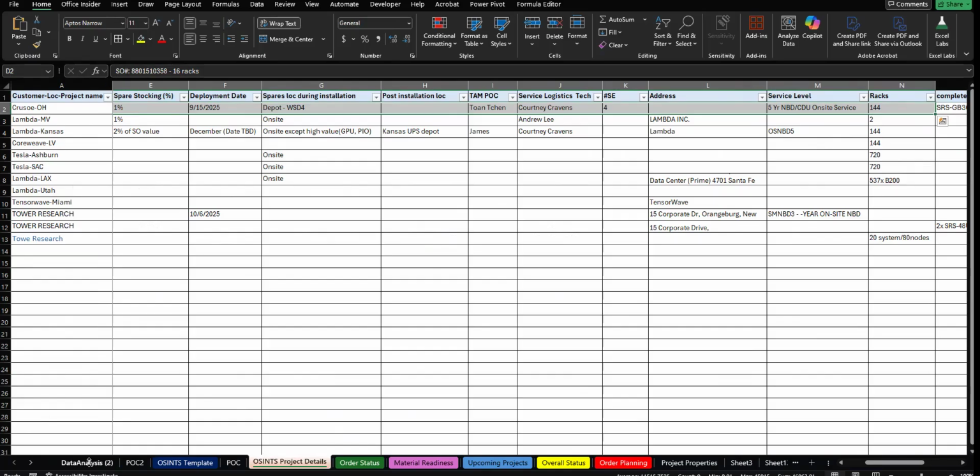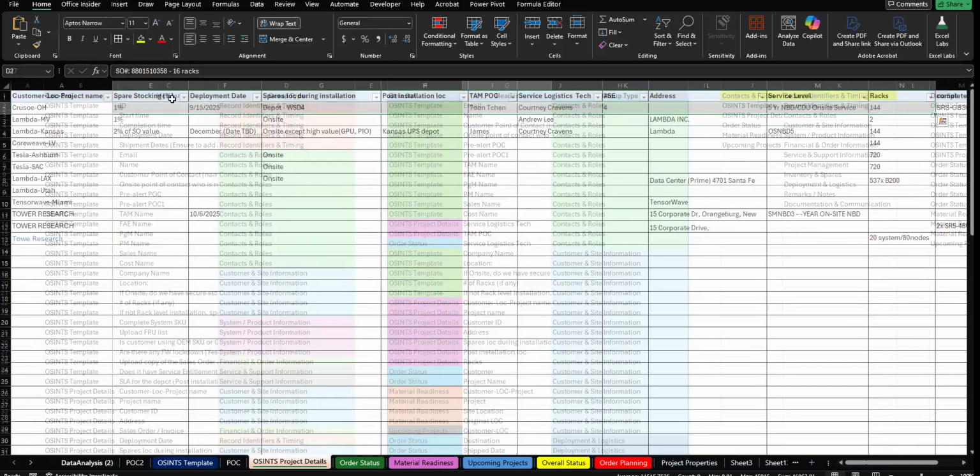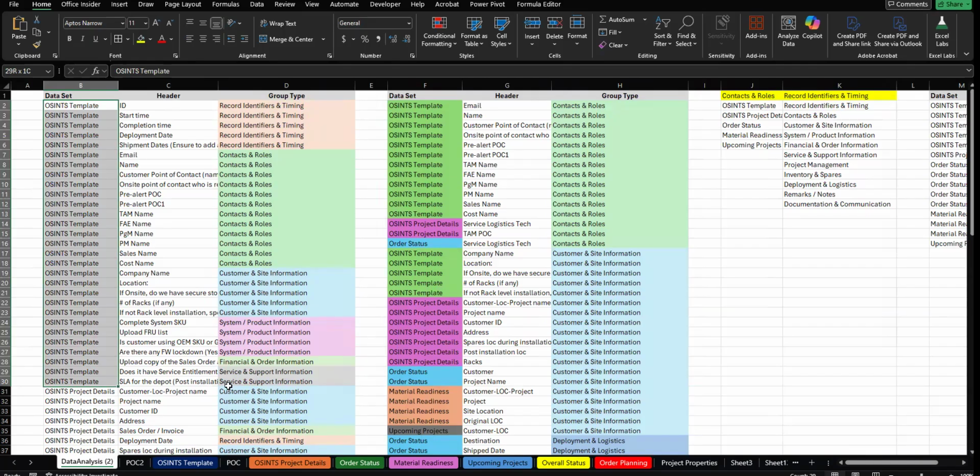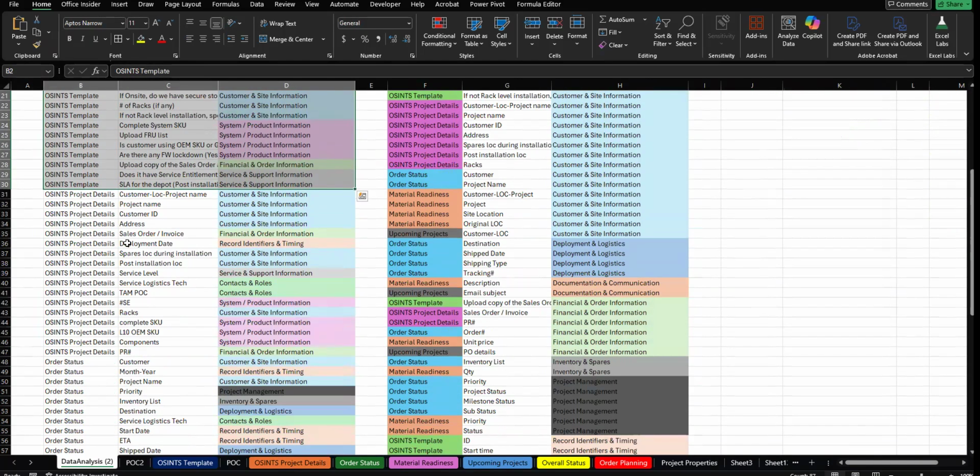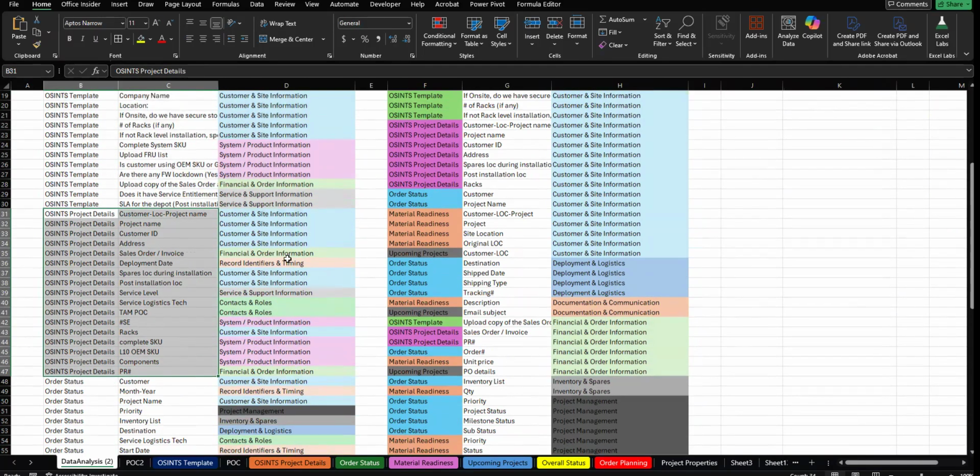Now, let me show you the inconsistency in the data. As you can see, these are all the headers from the OSINT template, which you are trying to build, and I think the form is there already. Then we have a project detail thing, all the tabs. Now, let me show you the inconsistency. Like, for example,